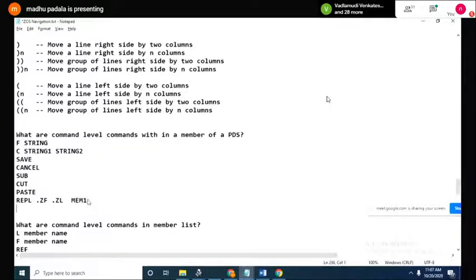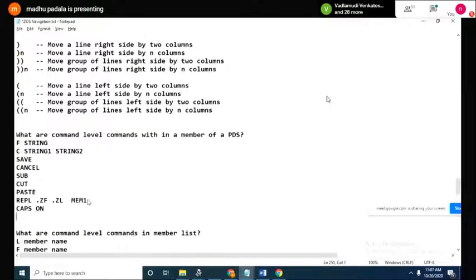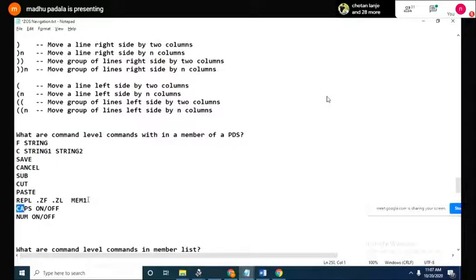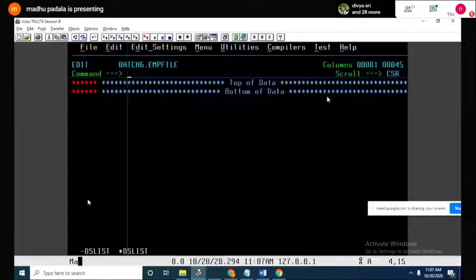Also num on or off. By default, num is on, but caps must be on, num must be off. I'll tell you a little later what happens if I don't give num off. By default it is num on. So caps on, num off.